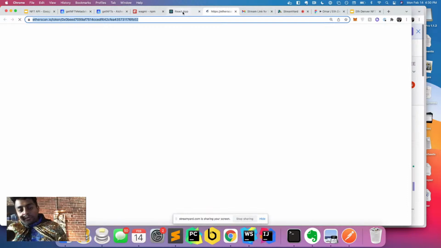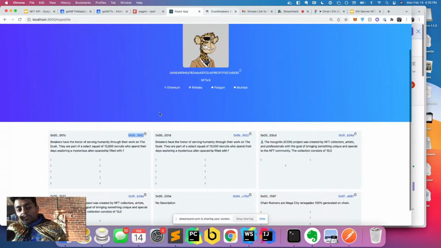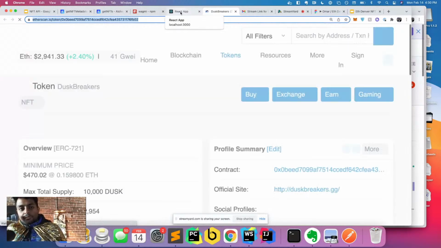So you can see, I click this, it's loading a Dust Breakers. This is one of my NFTs. He looks pretty cool. I'll show you his image in a second once we finish rounding out this code snippet. All right,